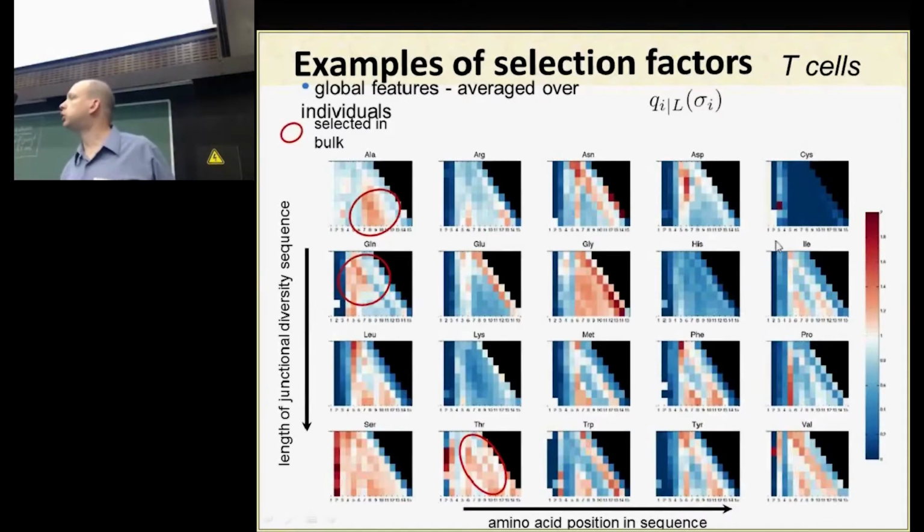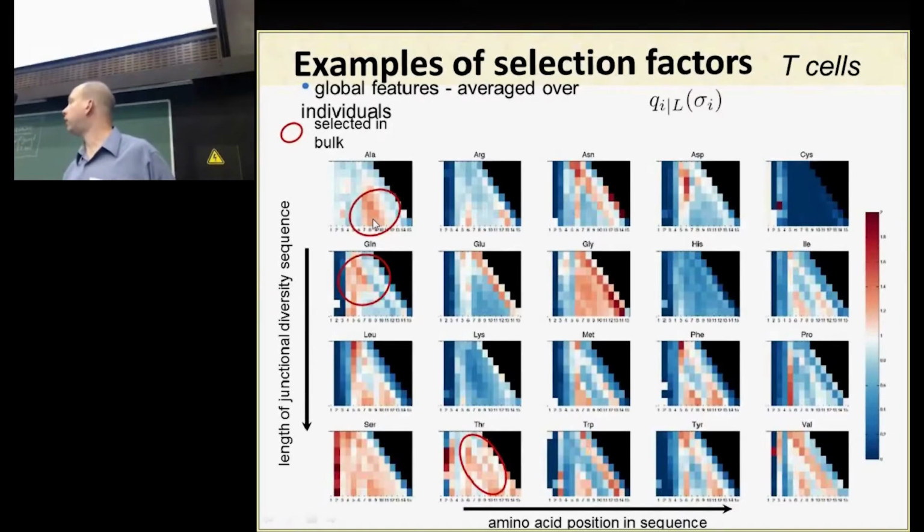So, I just explained the colors. Anything red is actually selected for. So this amino acid in this position makes the sequence more likely to be selected. While blue makes the sequence less likely to be selected. So for instance, if we look at alanine, which is the first amino acid here, it's positively selected, but